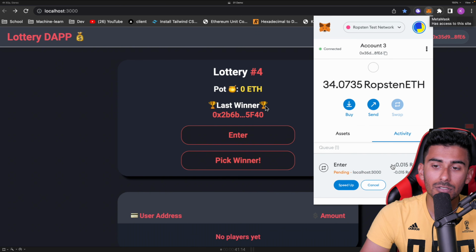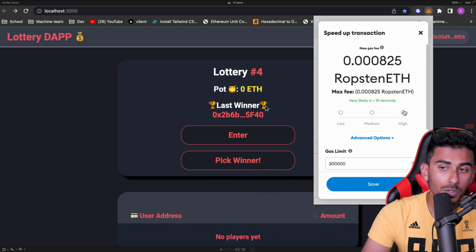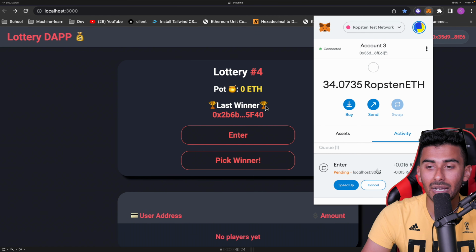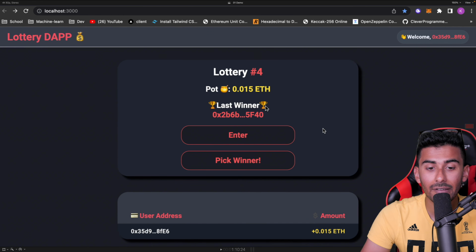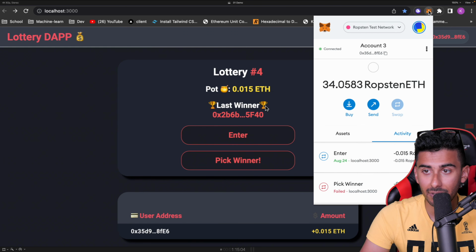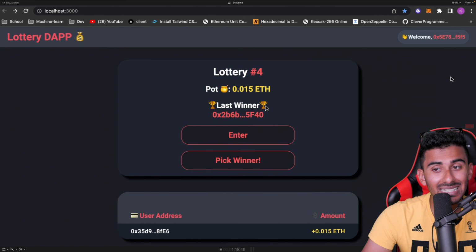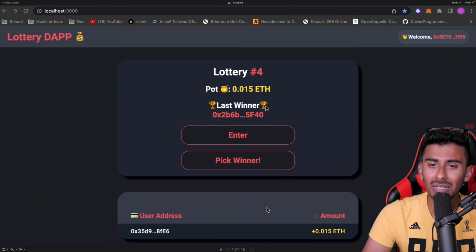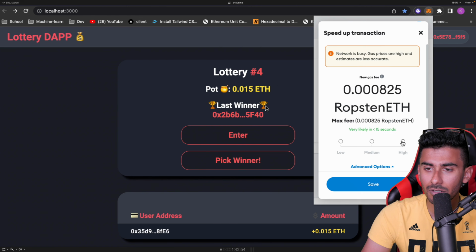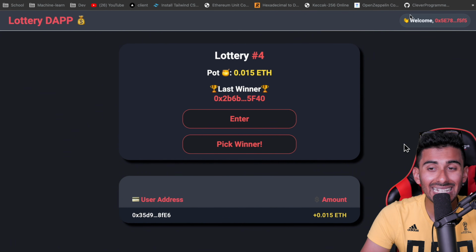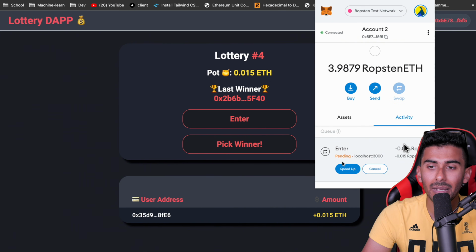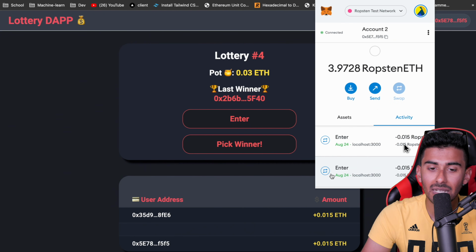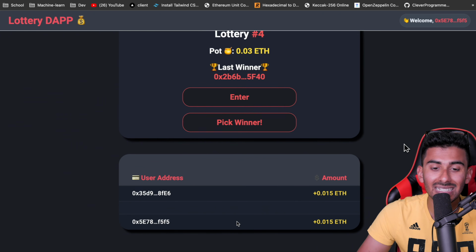And now let's go ahead. We're going to speed up through this process so we can go faster. I'll just pay a higher gas fee. Now I have entered as a user and you can see at the bottom that I'm inside. Now I'm going to enter with a second account. So let's repeat the same exact process and we'll enter it. All right, now we're going to enter a second user. So I'm going to go to my Metamask. I'm going to speed up and do the same thing, and boom, at the bottom, you can see that the second